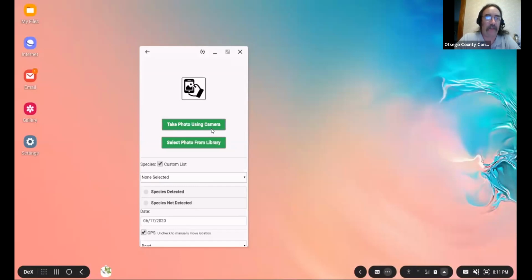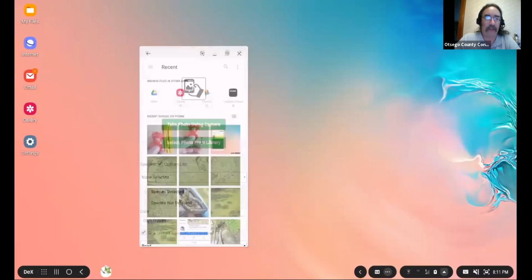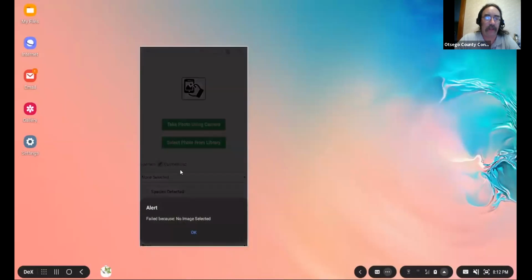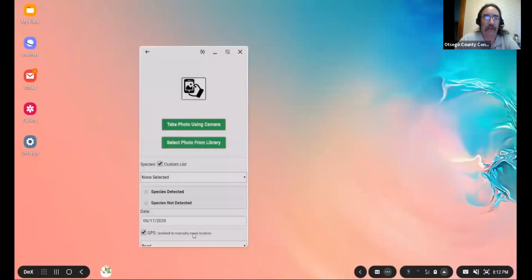My recommendation on photos is to always try to make it clear. If you can get an item in there for scale, that is always helpful. In some cases you want to make sure you show the detail, those distinguishing features, so the folks who are confirming this have a chance to really see what they're looking at, as opposed to some sort of blur. I tend to take rotten photos, but every once in a while I get a good one.